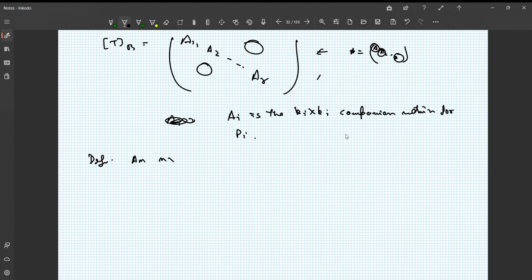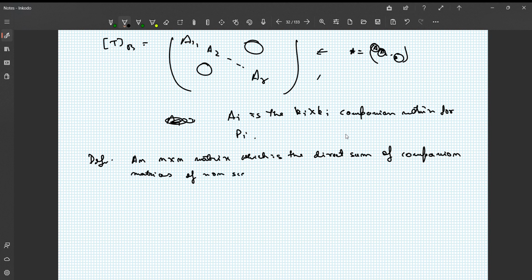The definition is that an n cross n matrix which is the direct sum of companion matrices of non-scalar monic